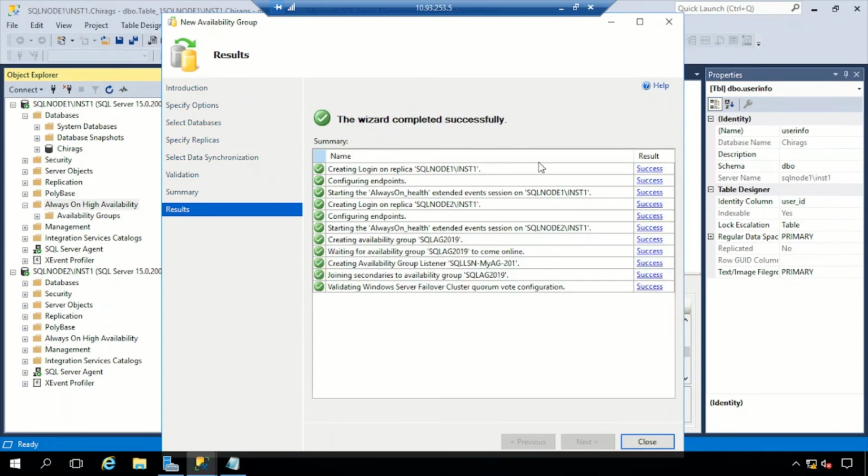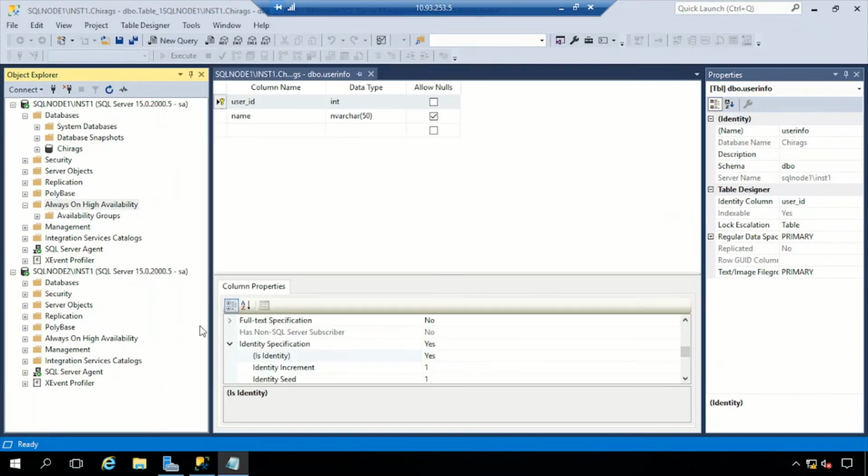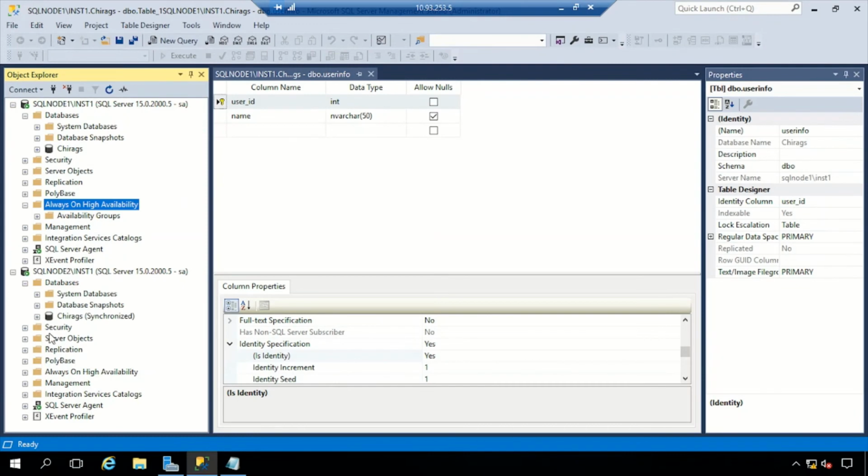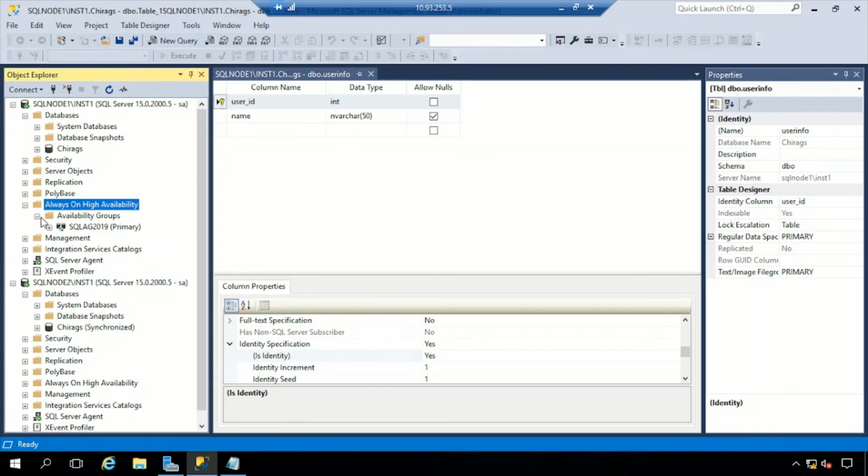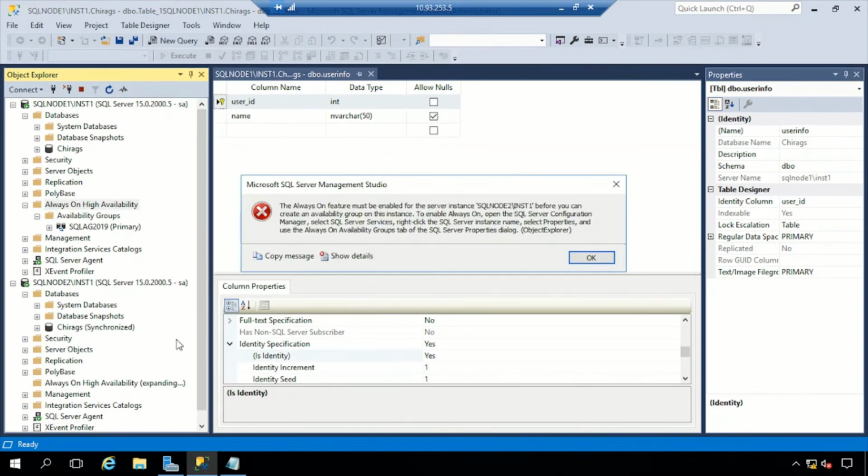So my widget is completed successfully. I'm closing this. Let me refresh that. Go to the second server, and there is a database here also, and this is in synchronized mode. But this is the primary database, and here if you go to the